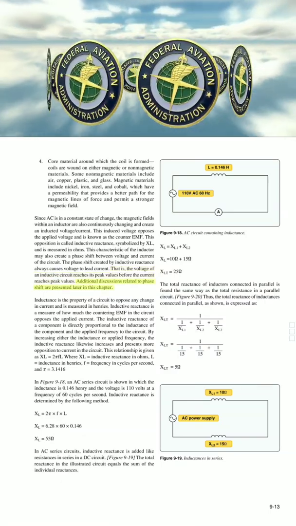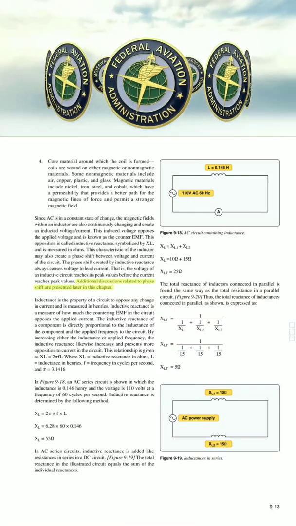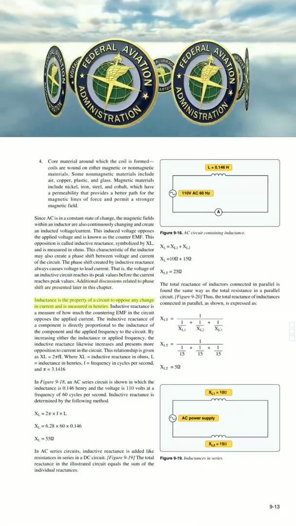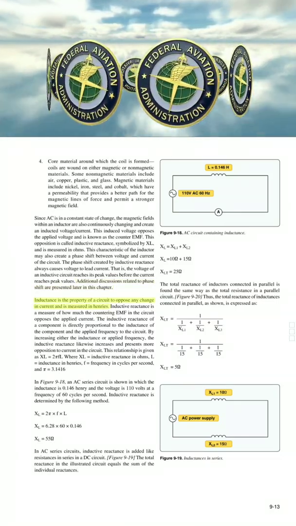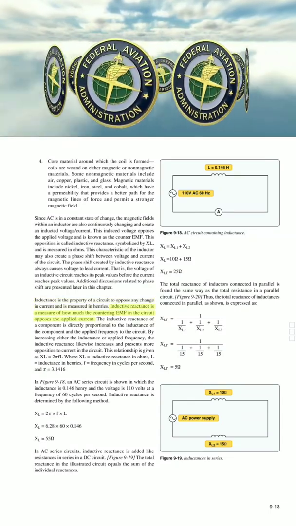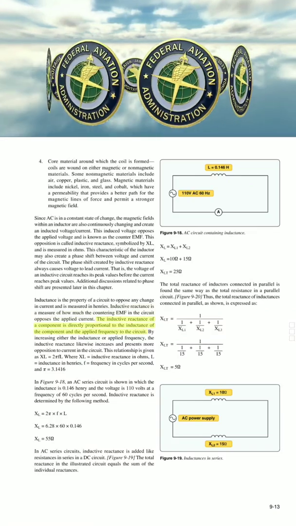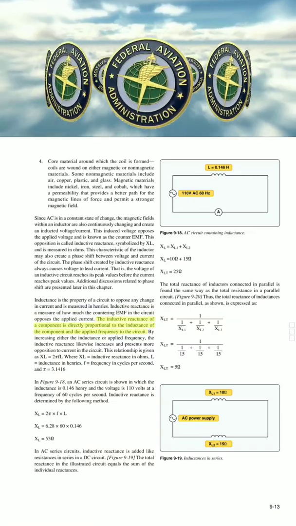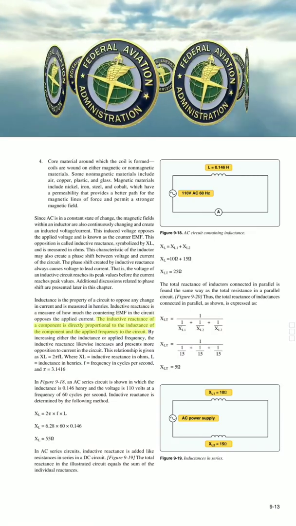Additional discussions related to phase shift are presented later in this chapter. Inductance is the property of a circuit to oppose any change in current and is measured in henries. Inductive reactance is a measure of how much the countering EMF in the circuit opposes the applied current. The inductive reactance of a component is directly proportional to the inductance of the component and the applied frequency to